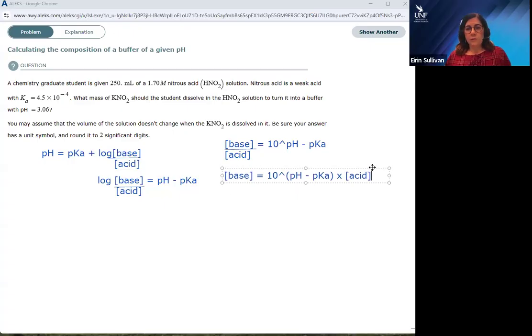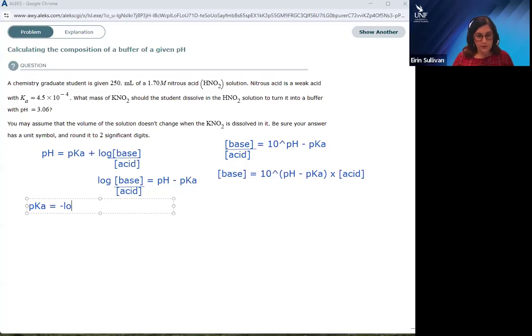Okay, so what do we know? What do we need to find out? We've got to find out pKa. We've got our concentration of our acid, so then we should be able to work out what concentration of our base we should have. So pKa is minus log of Ka. You can either just stuff that straight in your equation or calculate it separately. So Ka for my nitrous acid was 4.5 times 10 to the power of minus 4, and that shakes out to be about 3.3,